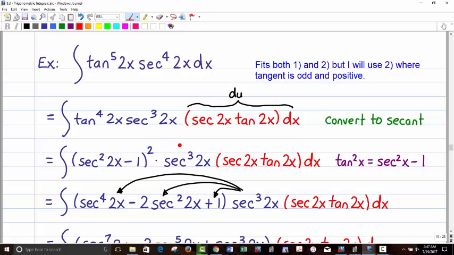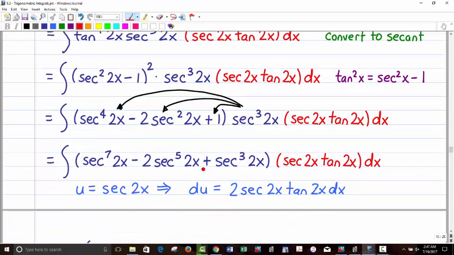So we do have to square a binomial here. There's our sec cubed. There's our du that sits there. So once again, I'm doing my right to left distributing here. Sec cubed times sec to the 4th is sec to the 7th. Sec cubed times sec squared is sec to the 5th. Sec cubed times 1 is sec cubed. And don't distribute this. Leave that just sitting there as du. No, we don't want to distribute that,